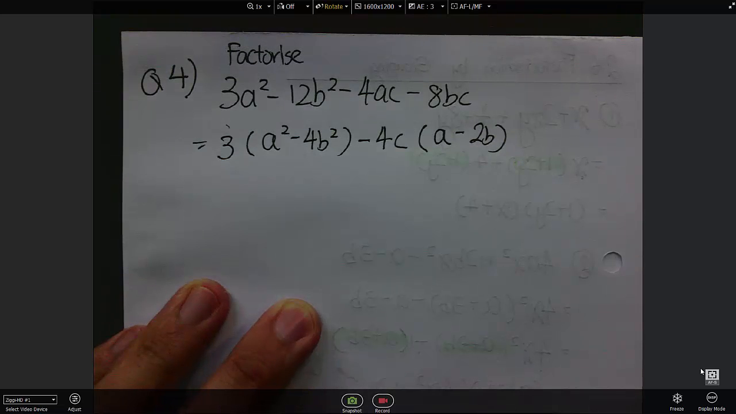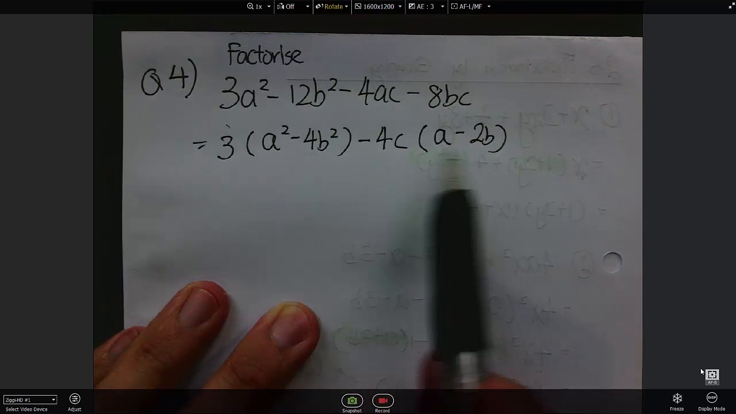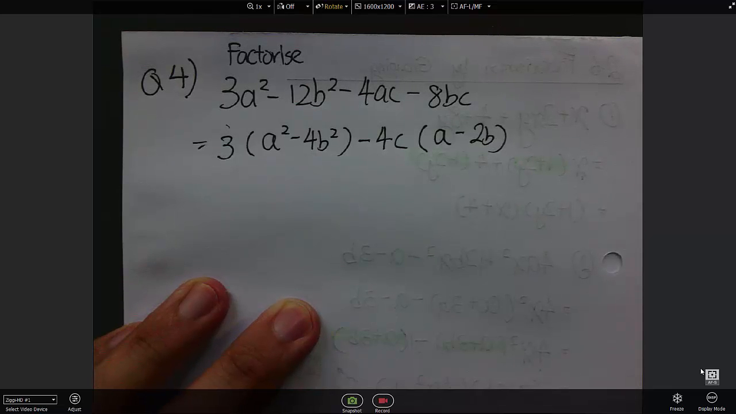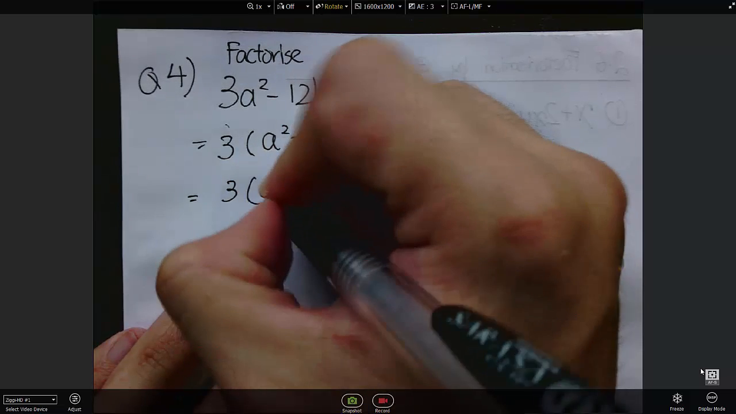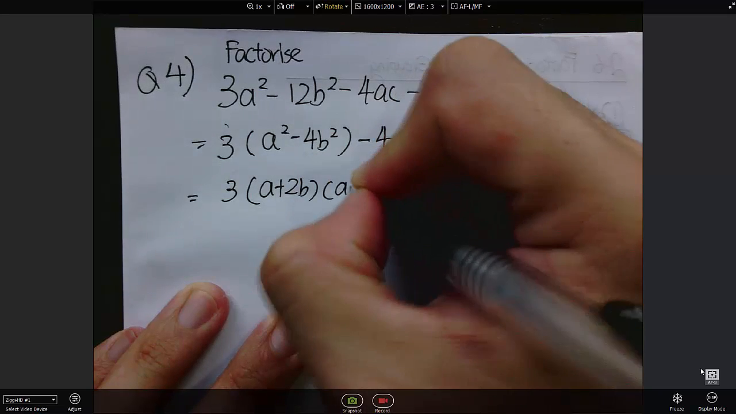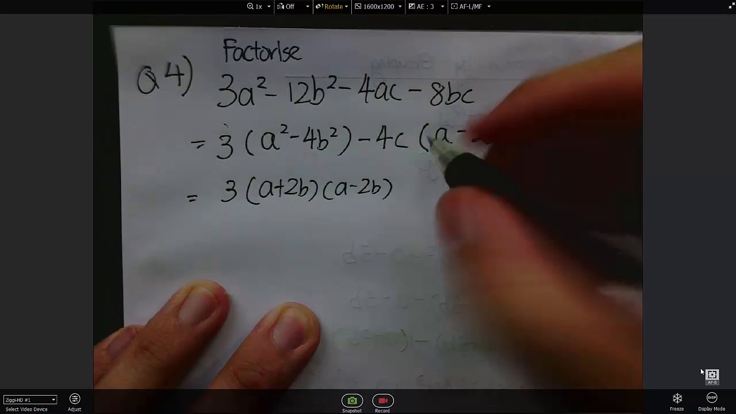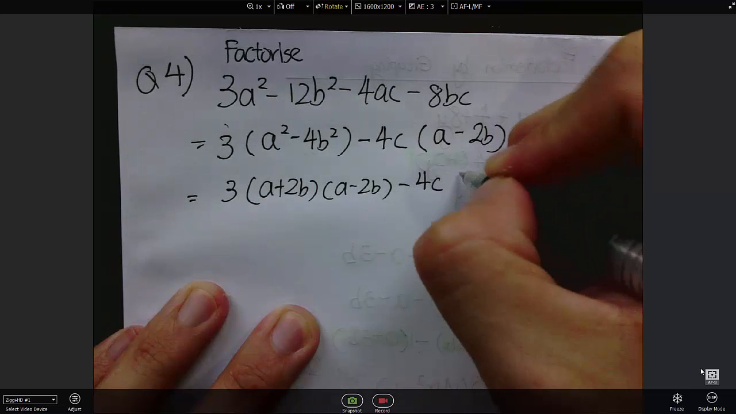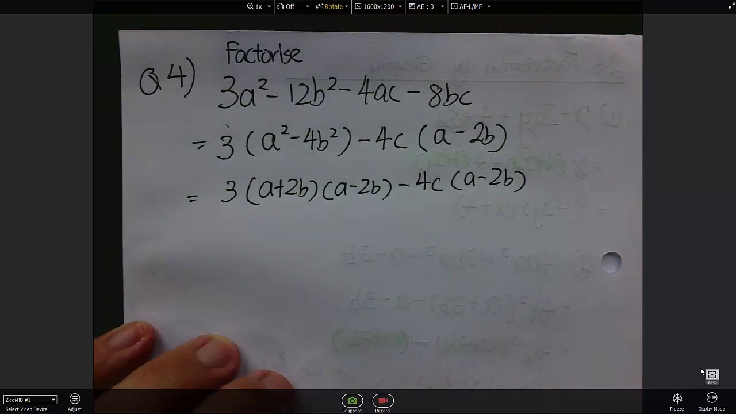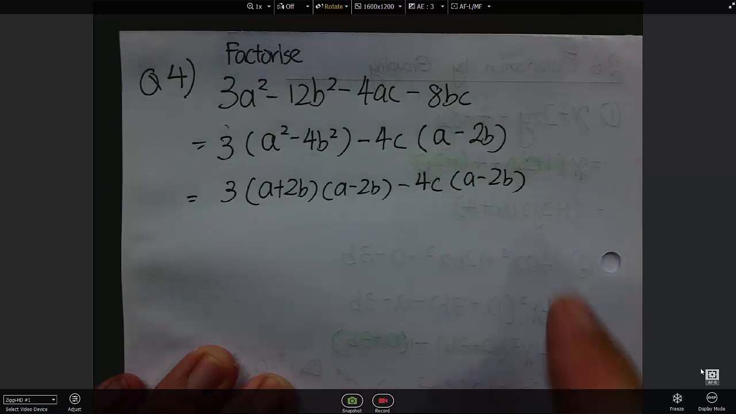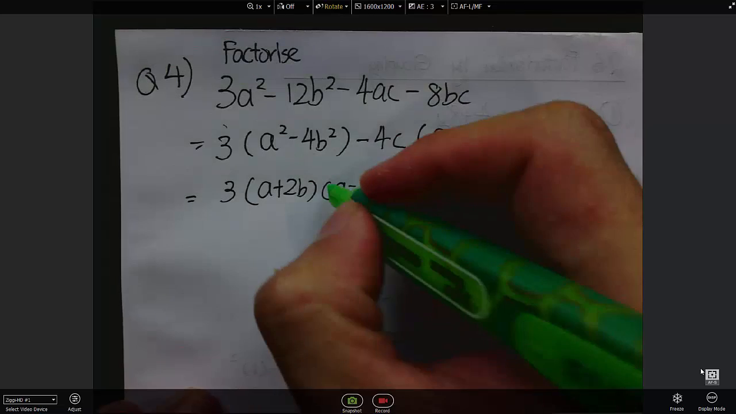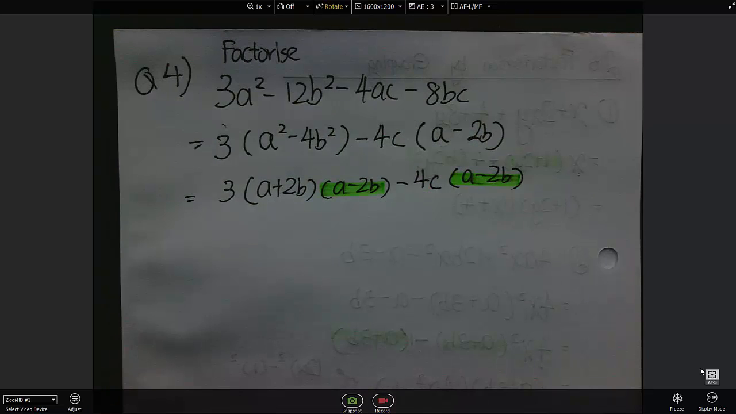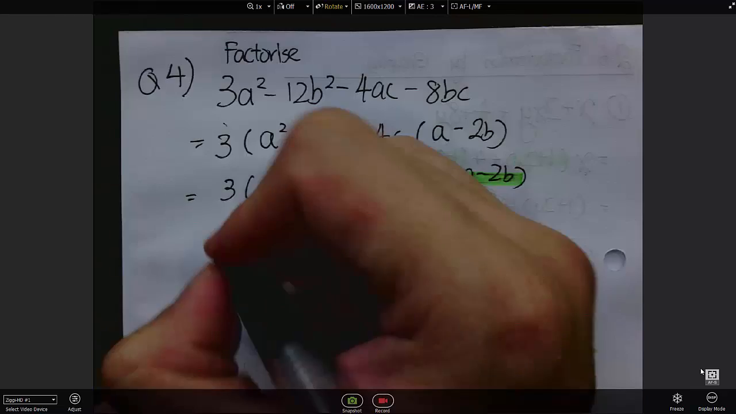We seem to be stuck a bit down here. Notice that this is a squared minus 4b squared. This is one time that I will actually have to factorize this first into a plus 2b, a minus 2b. Over here, I copy minus 4c, a minus 2b. Notice I have one group here and one group here. And the common term between these two groups is a minus 2b. So if I factorize out a minus 2b,